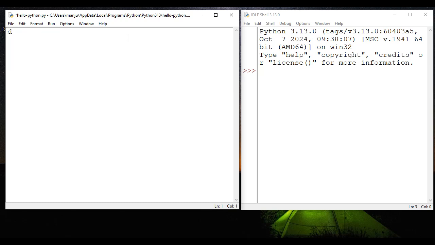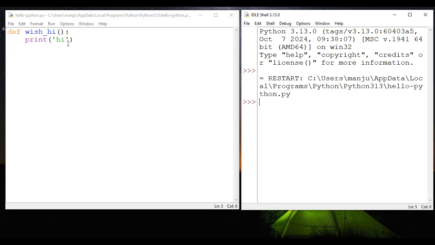So here I say def, then we write the function name wish_hi. This function is not going to take any parameters, so it's empty, colon, and then I say print, it is going to say hi. So this is how we define a function using the def keyword. If I save this and say run module, we don't get any output